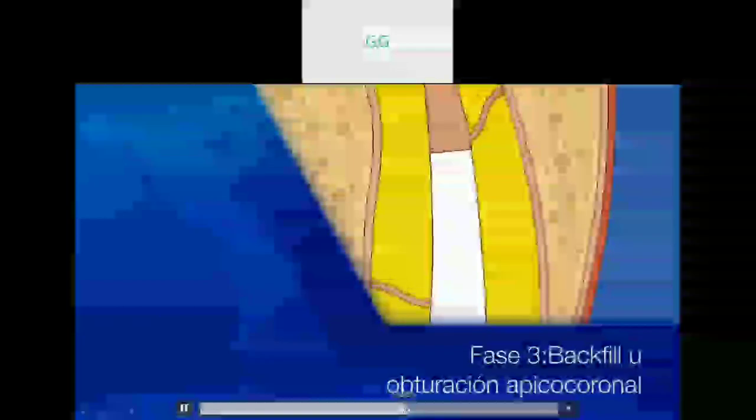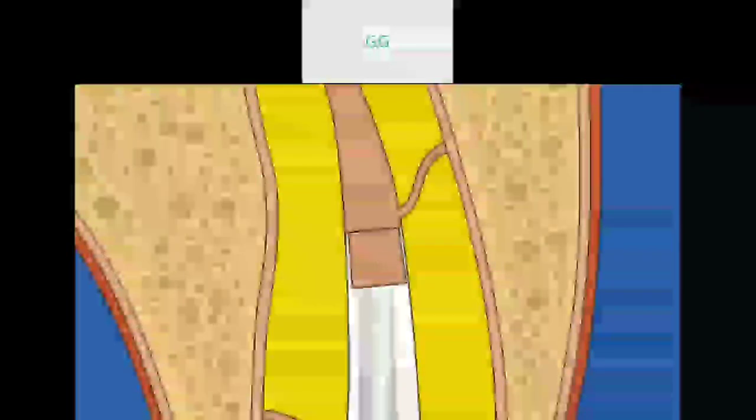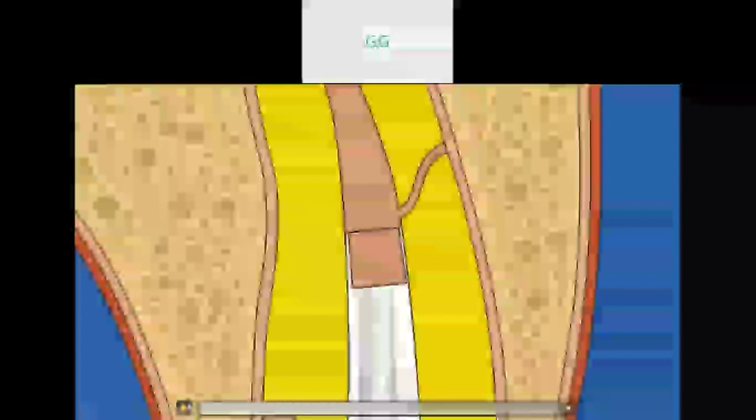So now coming to the backfill part of the obturation. For the backfill, there are already sections of GP that are decided using the non-standard GP only, which are pre-fitted in advance to check their fit at the apex and the coronal and the middle third part. So the GP cones that are larger to fit at the apex are the ones that are selected for the coronal and the middle part of the filling. And then again, small sections of this GP cone from about 3 to 4 mm are cut in parts, and they are heated with the heat carrier, and then they are placed inside the root canal, after which they are compacted using the pluggers again.